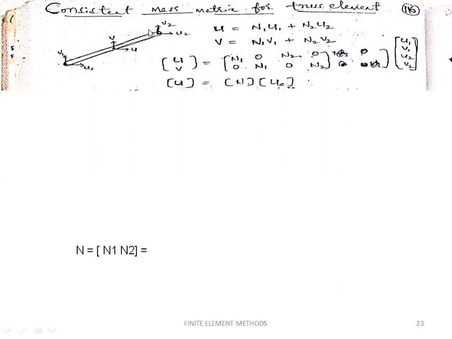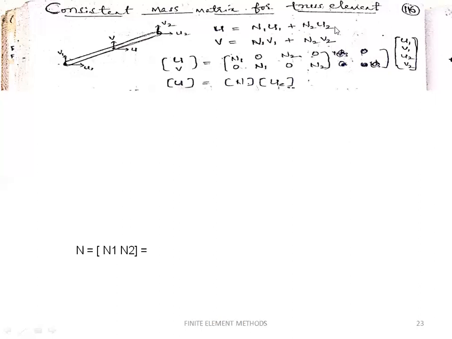So keeping this point of view, let us define the global displacement in x direction as well as y direction. In x direction, it is possible to say n1 u1 plus n2 u2, where n1 and n2 are the two shape functions. Why? Because there are two nodal points in the truss member. Therefore, the total number of shape functions existing in the truss member would be n1, n2. So the displacement in x direction can be n1 u1 plus n2 u2. Similarly, the displacement in y direction can be defined as n1 v1 plus n2 v2.